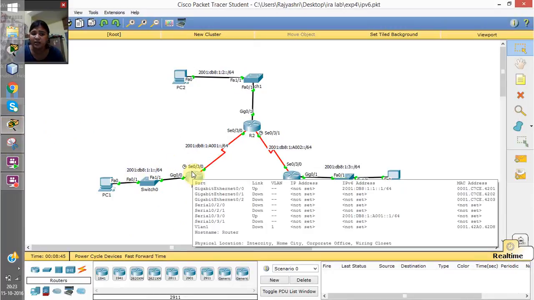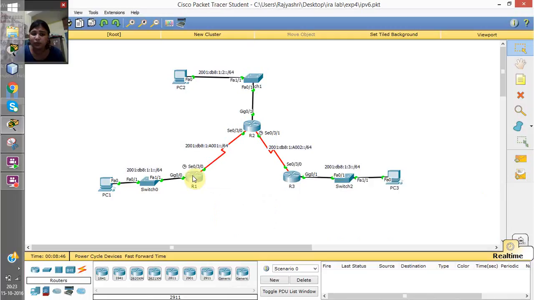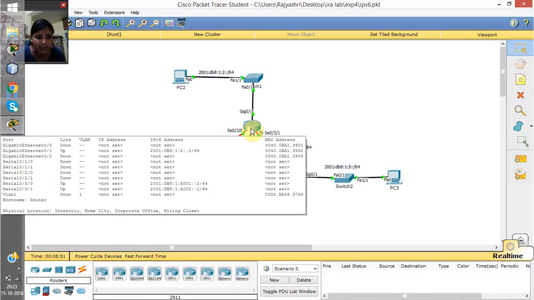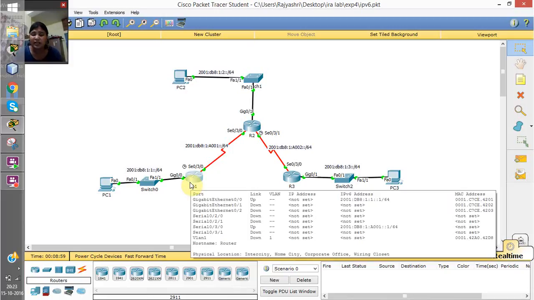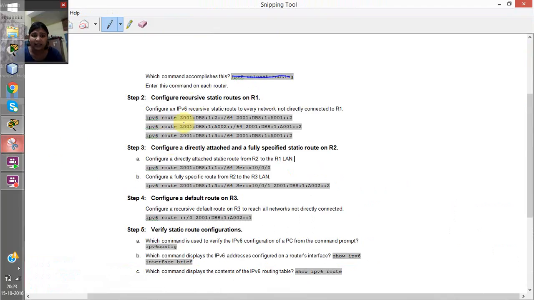I am going to start with this router. All I need to tell this router is whatever packet goes from this network should go out through this link. So this link's SE0/3/0's IP address is 2001:db8:1:A001:2. So it's A001:2/64. So for me, whenever I give ipv6 unicast-routing, then to configure the static route on R1,